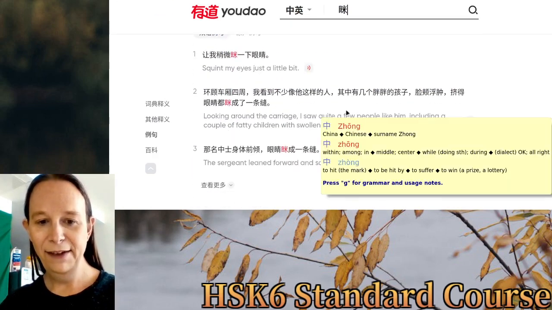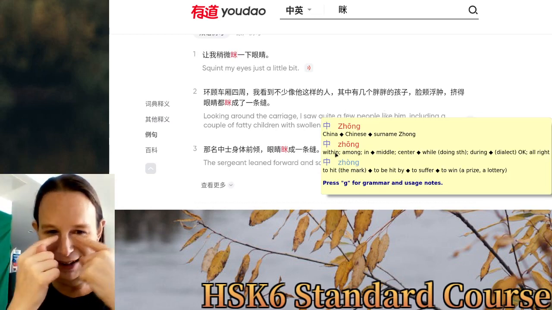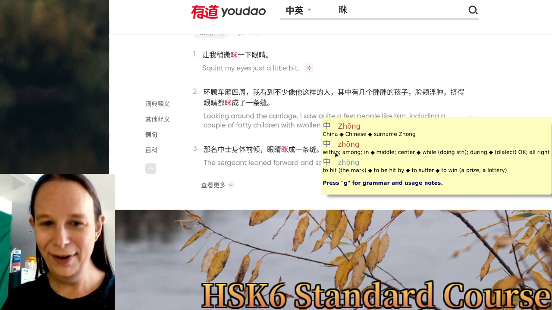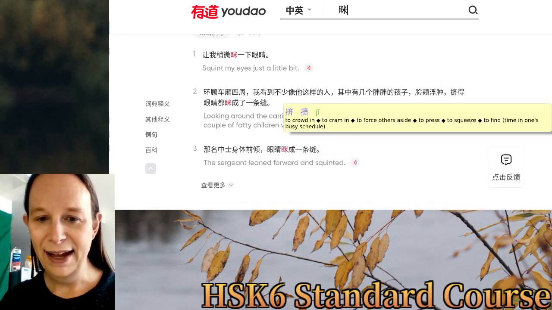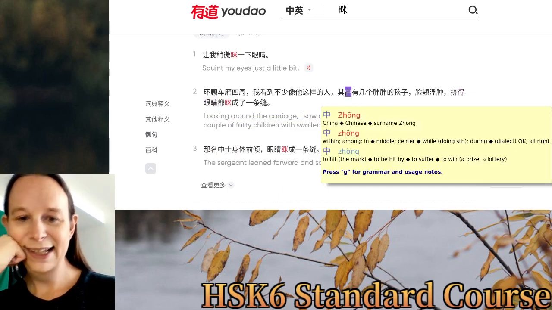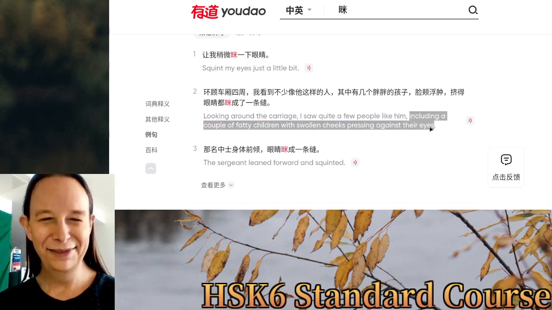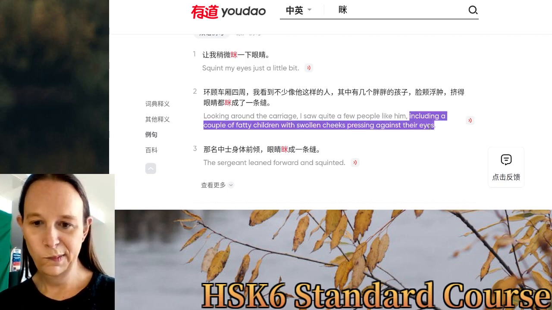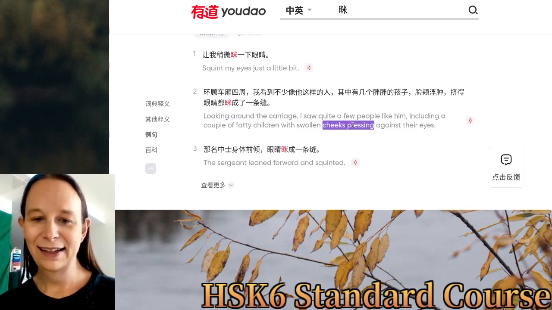So if you squint your eyes, they become just a crack, right? A straight line. You can see through a tiny crack. But so 挤的眼睛, is it something external causing that, or are you just doing it to yourself? Oh, okay. So here,